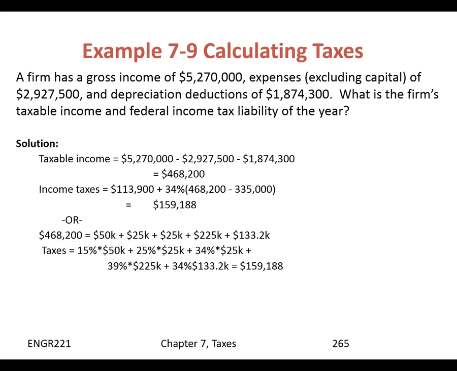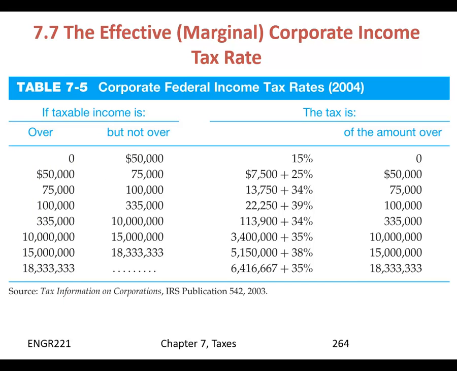So we need to find the difference between their taxable income and $335,000, and that difference is taxed at 34%. That's what this is showing: the $113,900 plus 34% of the additional amount over and above $335,000. So the total there is